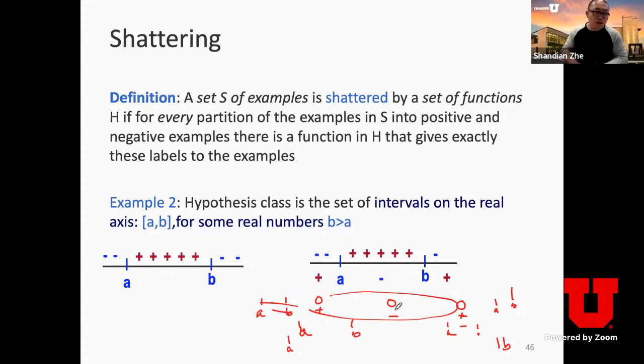So now we can see the bottleneck of the free intervals. It can shatter 2 points, however, it cannot shatter up to 3 points. But you can compare these free intervals with left-bounded intervals. Left-bounded intervals can only shatter 1 point, and free intervals can shatter 2 points. So now, can you tell me which hypothesis space is more flexible or expressive?